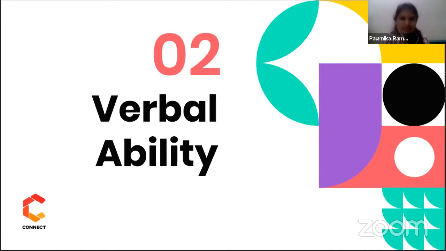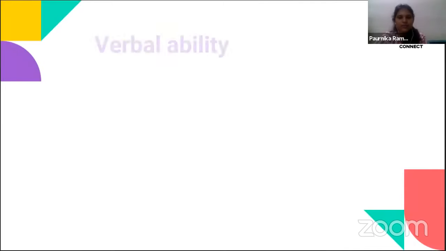But verbal ability is also one of the trickiest ones. In the MCQ, when it comes to quants you will normally be able to eliminate two options, whereas in verbal ability almost three options will be very similar, and there are chances that verbal ability will also eat up your time when you're solving your placement papers. So it is very important that you have a great knowledge of English and the verbal ability skills. Of course, we are there for that. We will shape your verbal ability skills and all the skills needed before you approach any placement. So we'll quickly see the syllabus of verbal ability.